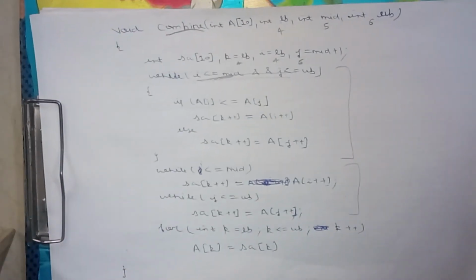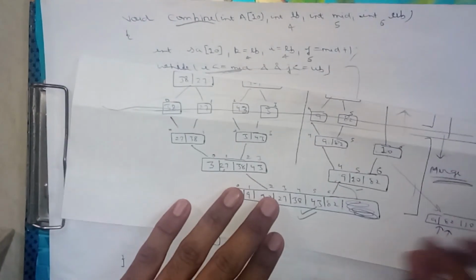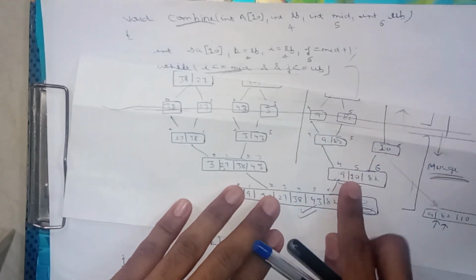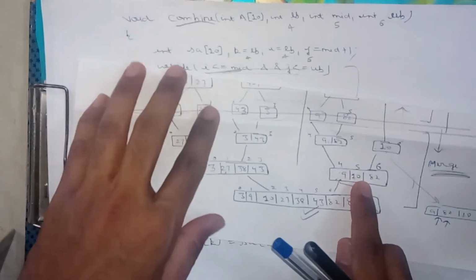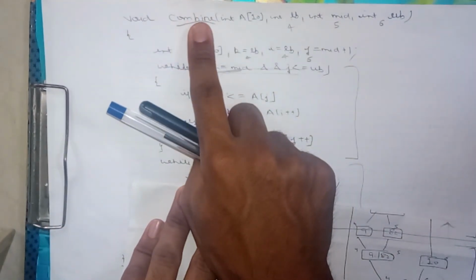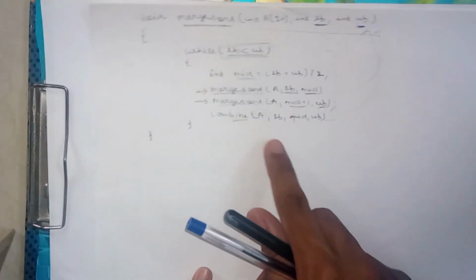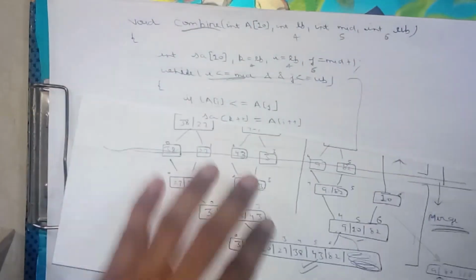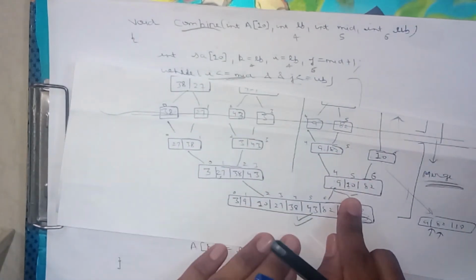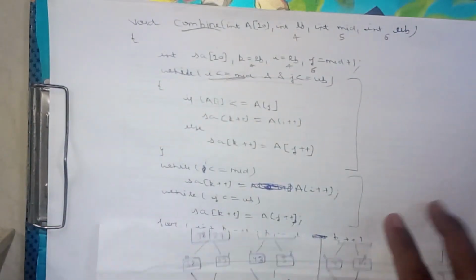So guys, this is the code for the combine function which I have made in order to combine two arrays. Suppose we have these two sub arrays and we have to get a resultant array which is sorted. We can do this by using the combine function, which is called in our merge sort function, just after the merge sort calls, because we also need to call this combine function recursively so that it can recursively combine these sub arrays to get finally the resultant array. So now let's go to its code, how I did this.